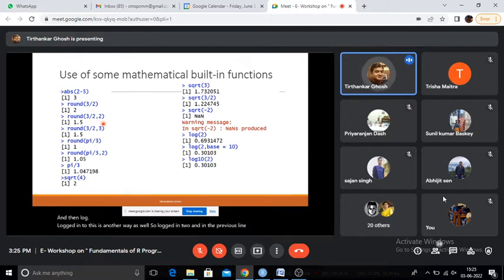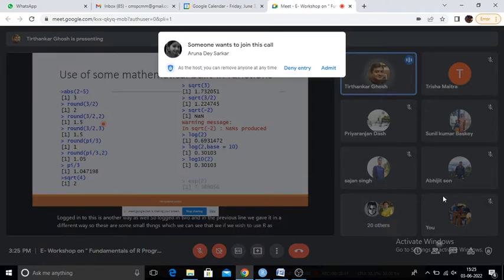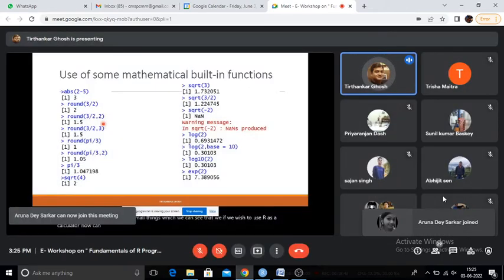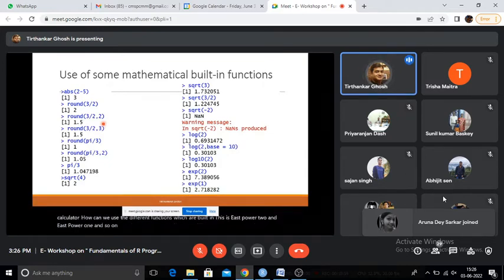So these are some small things which show that if we wish to use R as a calculator, how we can use the different functions which are built in. This is e power 2 and e power 1 and so on. So I think this is something which is very easy to follow, and I hope there is no question. If there are, please let me know.